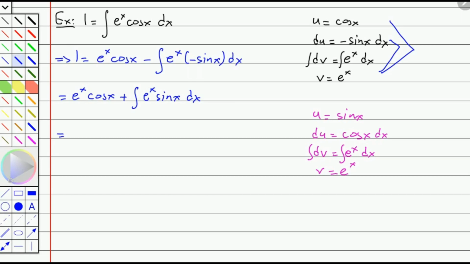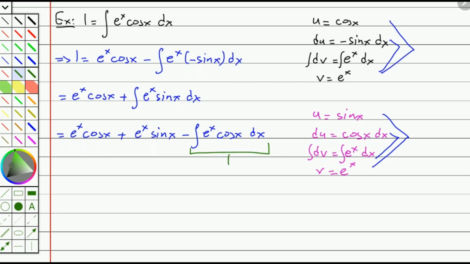So this is going to be equal, copy and paste the first term, e to the x cosine x, then plus u times v, which is e to the x sine x, minus the integral of v times du, which is e to the x cosine x dx. But you will notice that we have reached once again the same position as the one that we started, plus a couple more terms. Yes, but we can recognize that this is the original integral. So we can call this